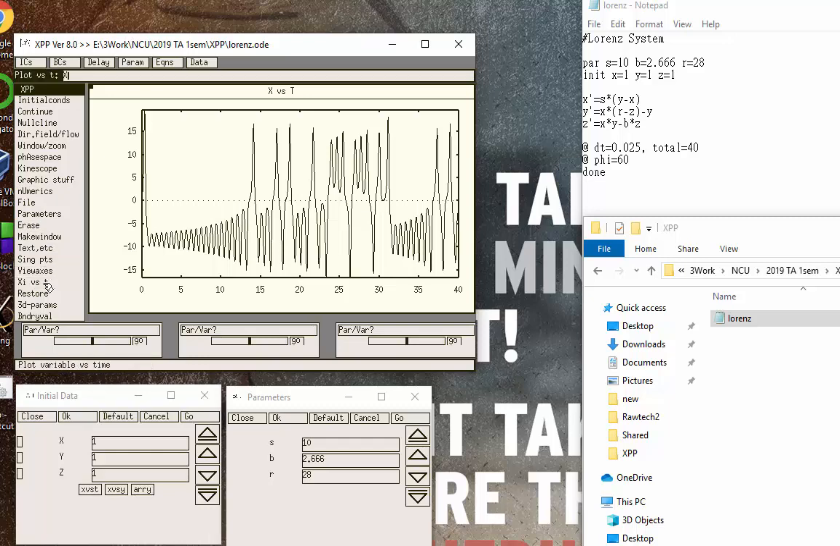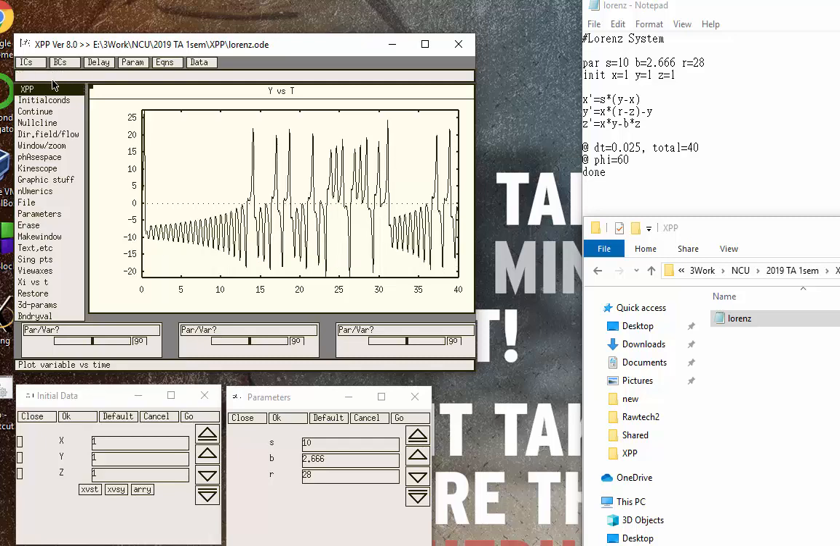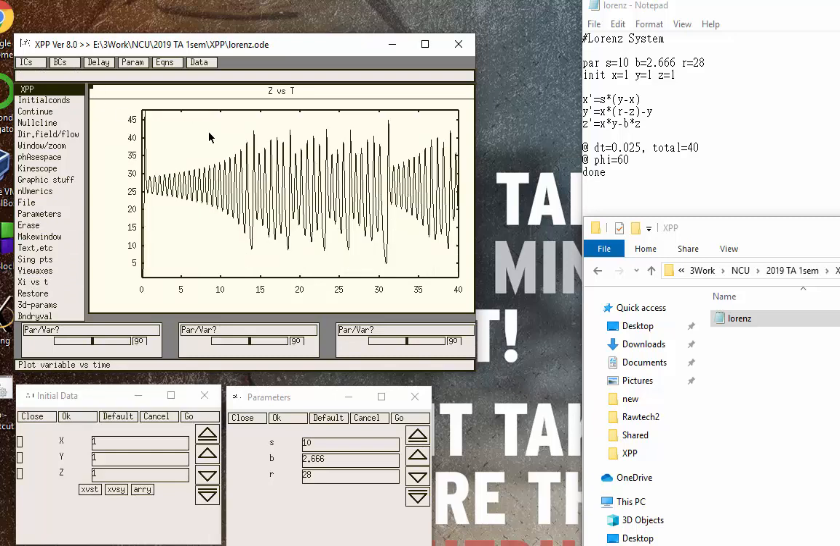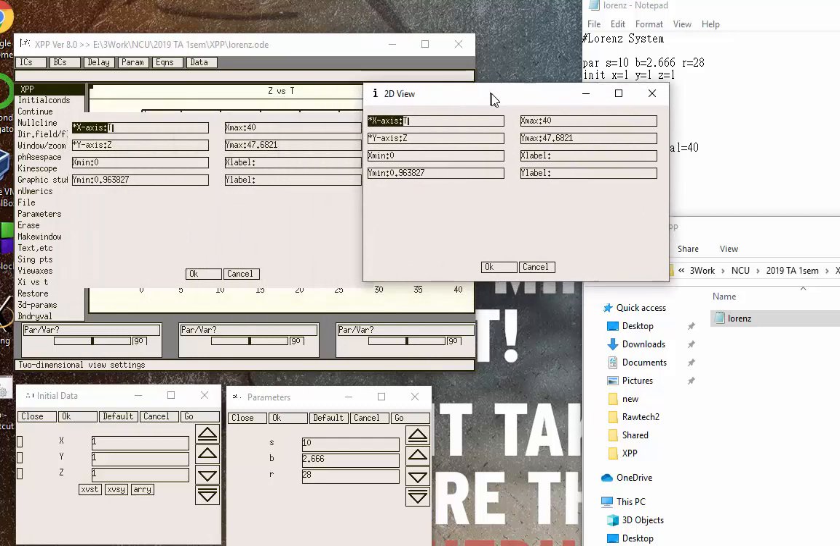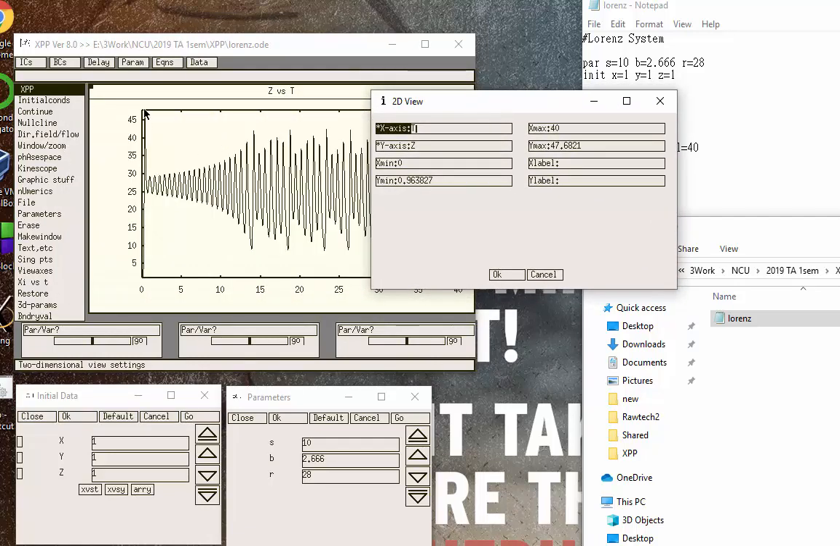You can also change this one into Y versus T by clicking in the X versus T portion, or you can make it Z versus the time. If you don't like the dimensions here and want to give more space, you can go to the view axis and then just set the limits here. So it says here that on the Y 40 something, we can fix that into